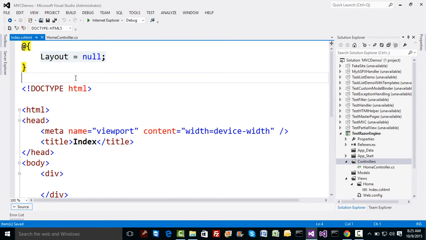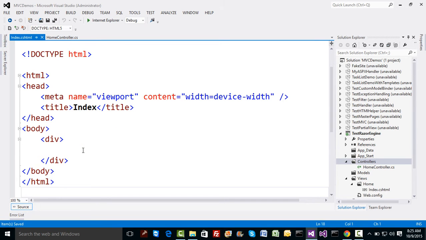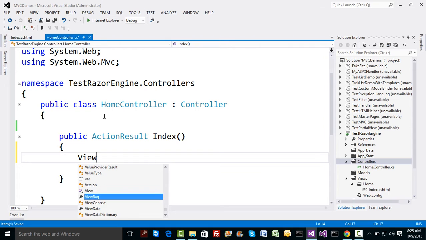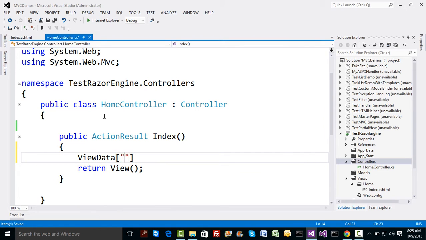When we had index ASPX, we had a page directive, just like in ASP.NET. There's by default Layout equal to null at the top, which means we do not have any master page applied on this page as of now. Now, whatever we did, for example from the controller, when we had to pass some sort of view data, suppose let's say ViewData